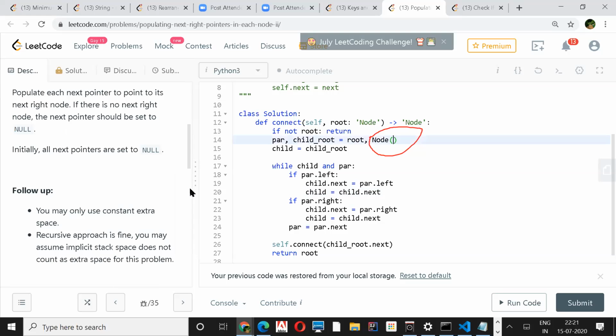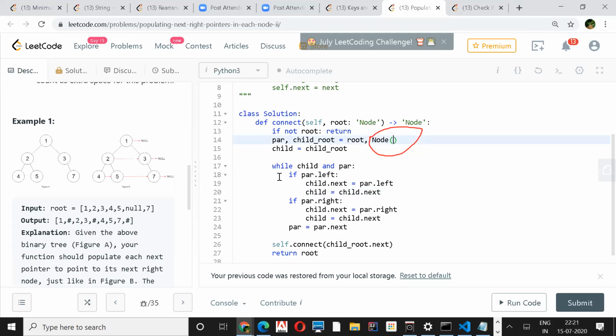Okay, the value will be null, but in the while loop it satisfies the condition, right? Yeah, even without the value, because you kept a condition there. So when he's passing in the while loop, actually he's looking for the child root's next. So child root next will have some valid node, right? Yeah, she's telling that the value is not there. Like the child is not having the value, so how is it passing?